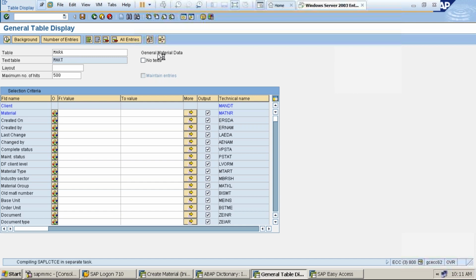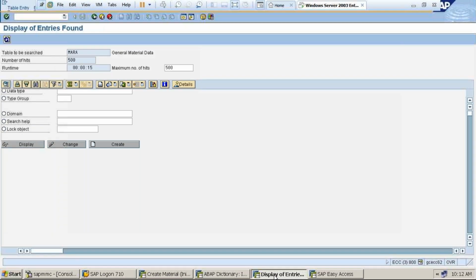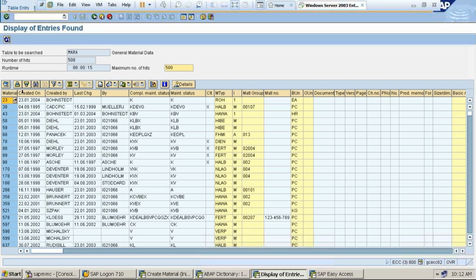General material data. So you can check with SE11, or if you want detail, in SE11 there is no data at all, but in SE16 display we have this information: created on, created by, last change. So who has created and who has changed.